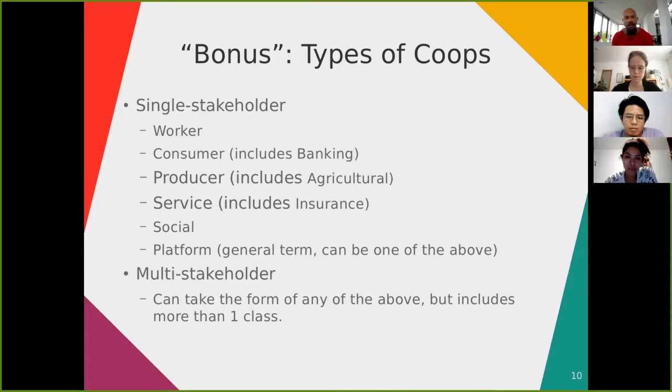But starting with the single stakeholder model, which is the historical one, the first cooperatives were worker cooperatives and consumer cooperatives that brought together basically the urban poor, workers. They cooperated as workers or as consumers. So again, I mentioned the Toad Lane store in Rochdale in England, it was a consumer cooperative, and again, this was accompanied by the rise of quite a few worker cooperatives. You had those associated with Robert Owen, who was actually a wealthy English entrepreneur.